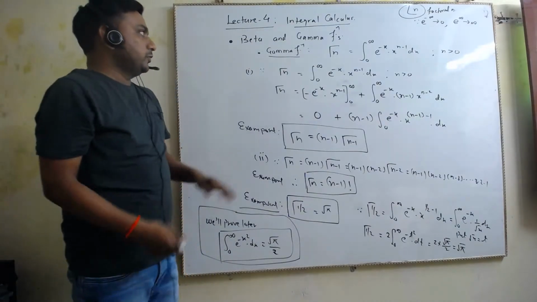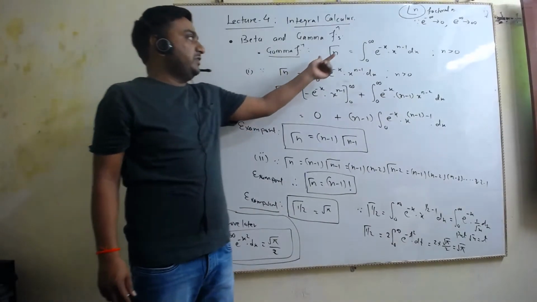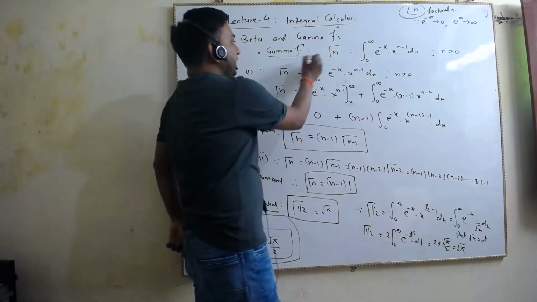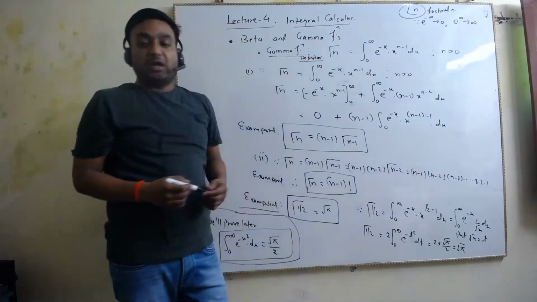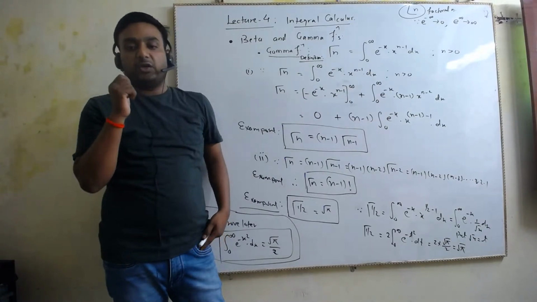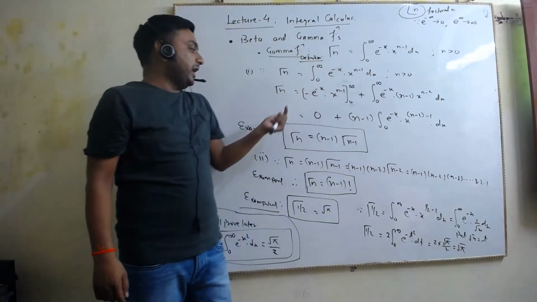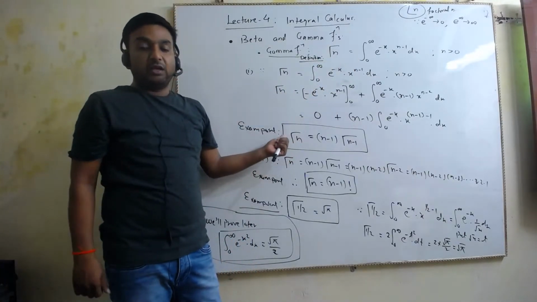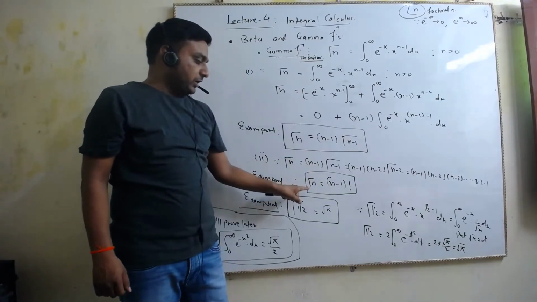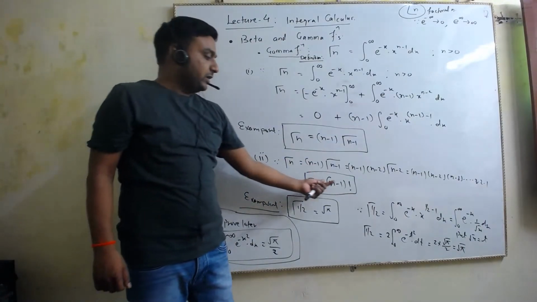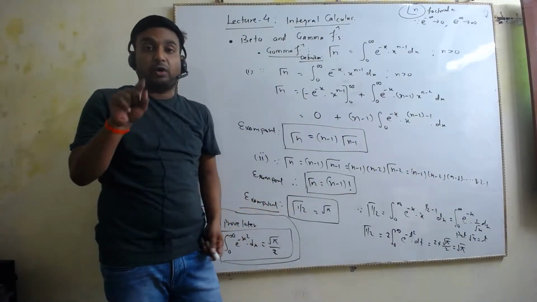So if you talk about the gamma function, dear fellows, what you need to remember, number first, is the definition. Gamma n is integral from 0 to infinity of e raised to power minus x into x raised to power n minus 1 into dx. Using the definition, we have different relations. Number first point is gamma n is nothing but n minus 1 into gamma n minus 1. Using this relation, we can get another relation, that is gamma n equals factorial n minus 1. One more important point we have to remember: gamma half is square root of pi.